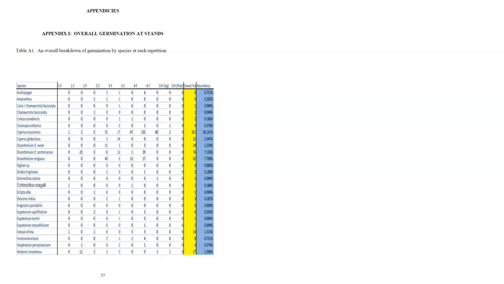If you look at Cyperus esculentus, it gives you a grand total of 321. It gives you an abundance rate. But you can also see that the amount of germination varies from a low of 1 to a high of 132. So it's not that it was evenly distributed everywhere. Some had a little bit, some had a lot of it.